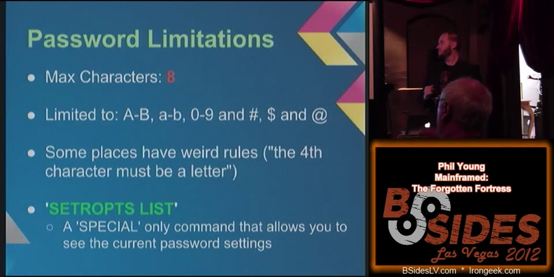That's it. You can set up crazy rules in RACF. You can say, I want the 3rd character to be a number and the 6th character to be a capital consonant. And that's what the user is going to have to use. If you want to look at these settings, you can just type setropts list. Only people who have special can run that command, and it'll show you all the password configurations. It'll show you the expiry, the aging, the history settings, and the limitations, like the 4th character and so on.